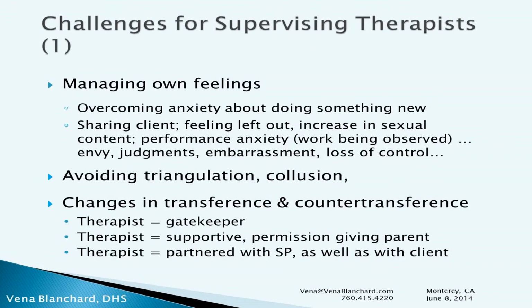You have to work to avoid the triangulation and the collusions that can happen whenever you have three people in a relationship. The client says to you, don't tell my surrogate that I have a problem with her breath. So what you do, you don't tell the surrogate that the client has a problem with her breath. You help the client learn how to talk to his partner about it: I want to be close to you and your strong breath is getting in the way. And what can we do about that together?